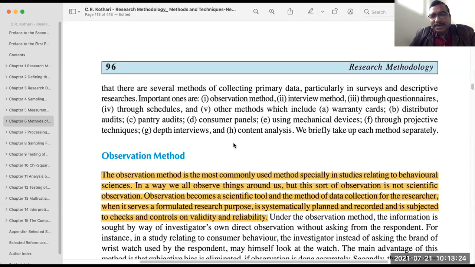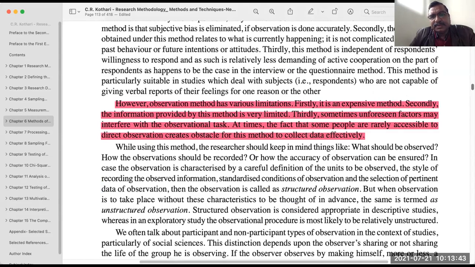So these are some of the techniques. I am not going into big detail because this is a theoretical part, and you can easily go through this chapter. That will help you a lot in deciding how to collect data.